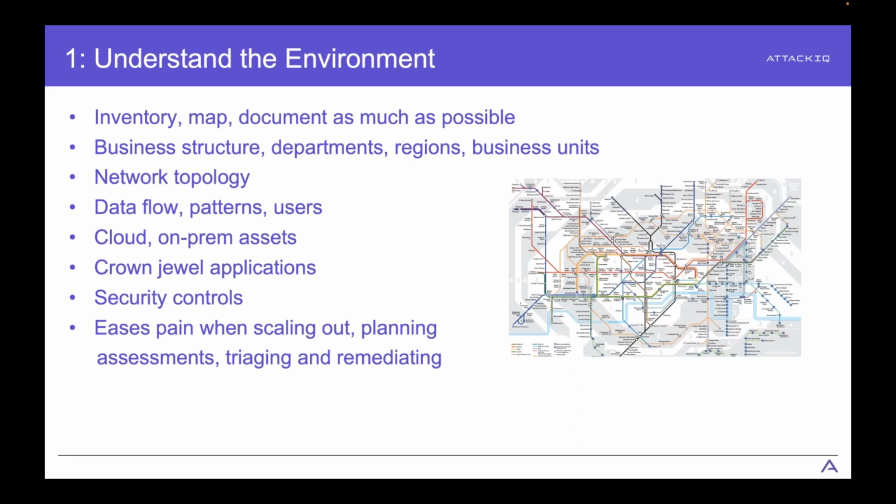Alrighty, so first off then, just like any old map, right? At first glance, we might look at a map like the Underground in London, and it might appear confusing. But with a sufficient level of detail, we can add context, which in turn adds clarity, which in turn helps that map become a quick reference guide, easy to read, easy to digest, no matter what your experience level is, no matter what language you speak, and so on. And really the same applies to breach and attack simulation.